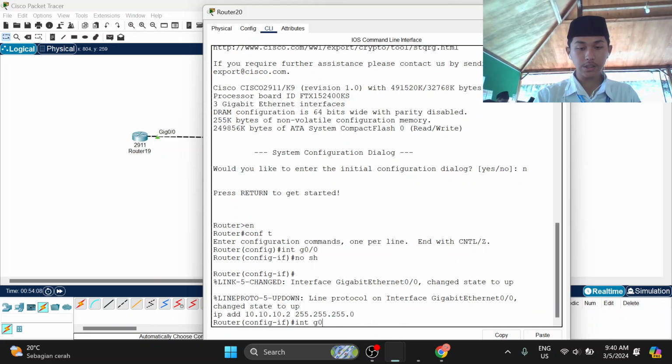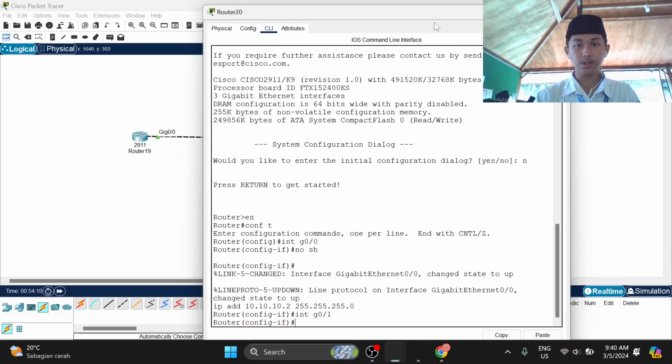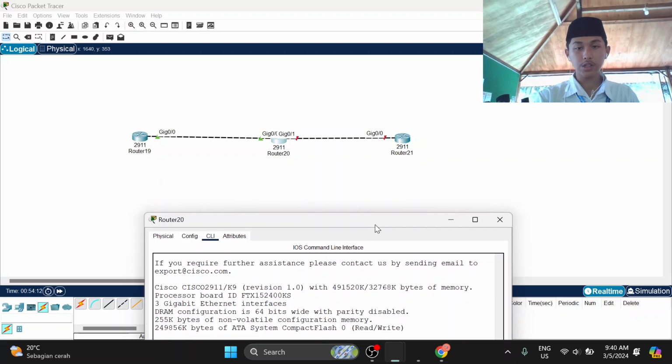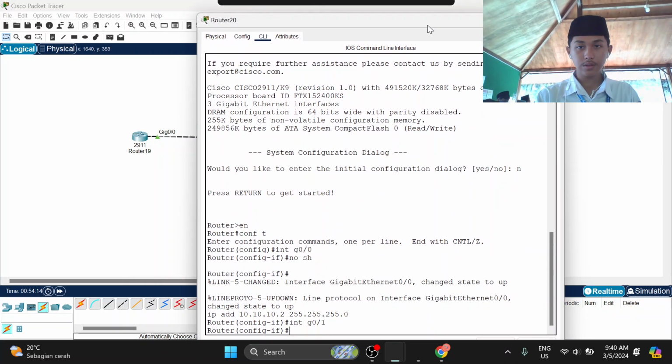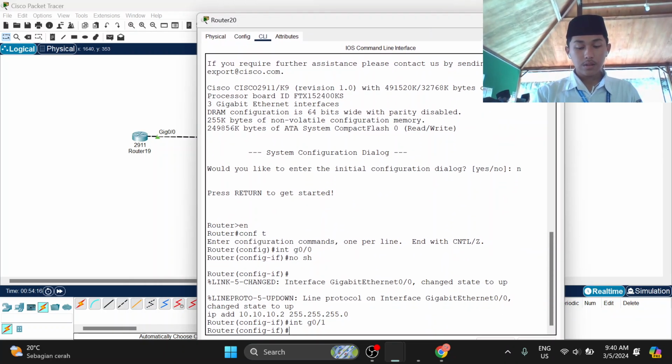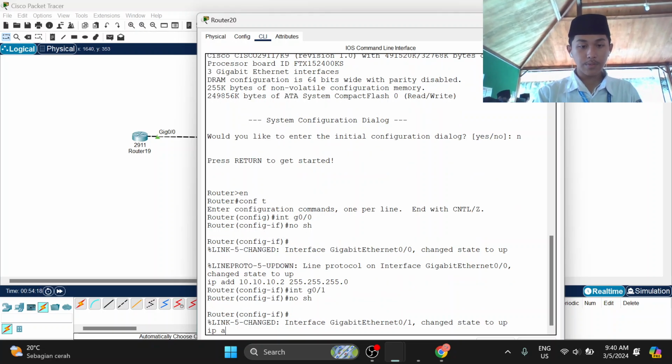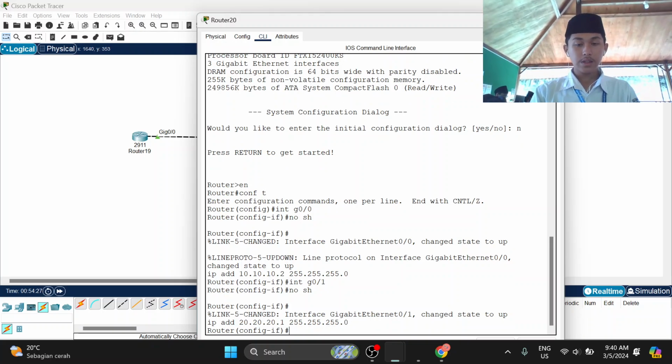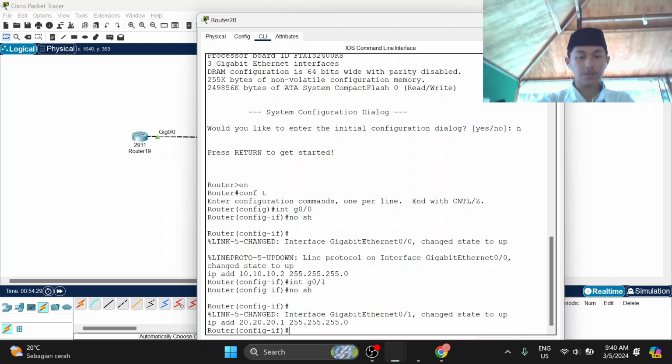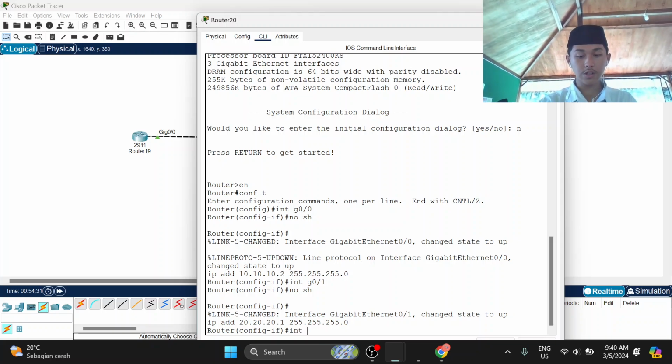And interface G0/1, for connecting to router 3. No shutdown, IP address 20.20.20.1, the same prefix, 24. Enter.